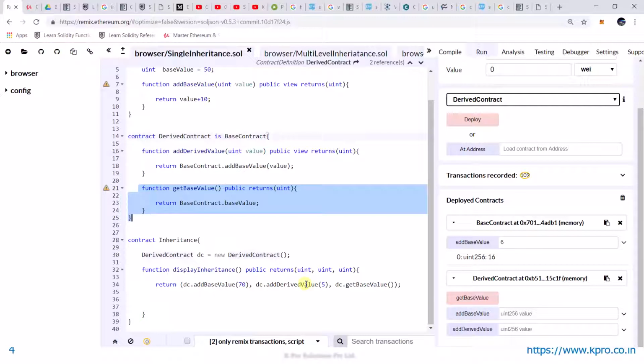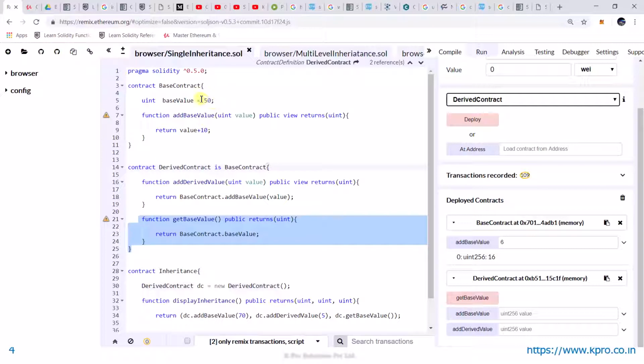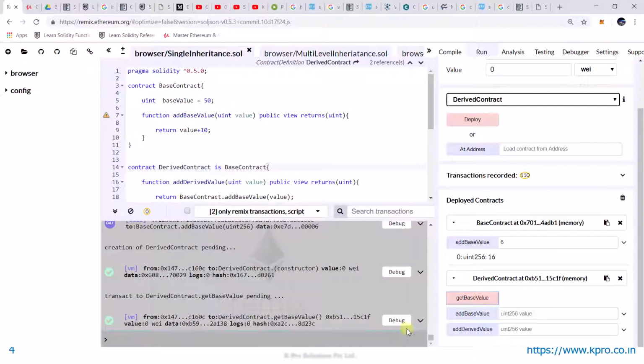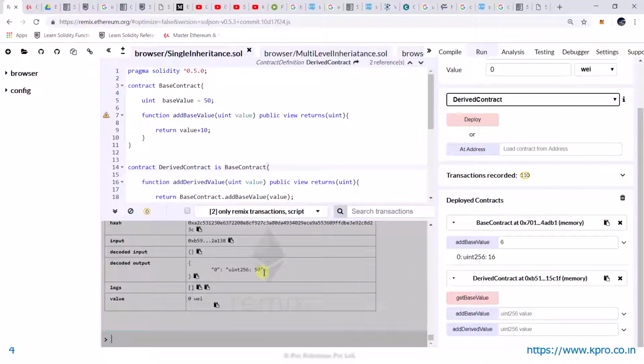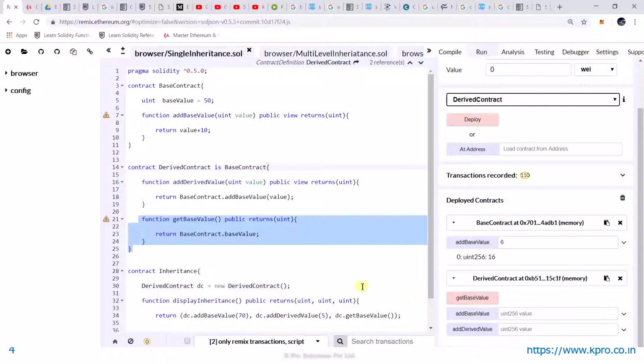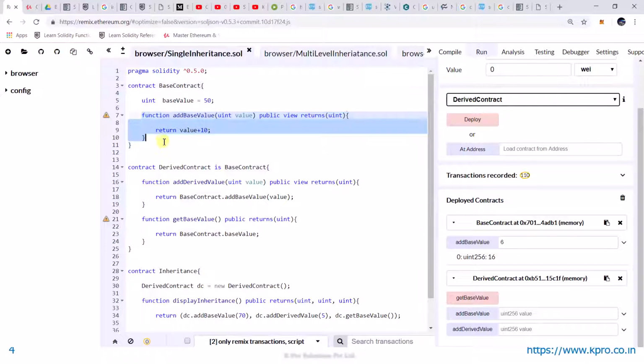Okay, get base value. So what should it return? It should simply return us this value 50. So I'll just go to the console. You can see it is returning 50. Next we have add base value, that is this function it is calling, and I'll just give 6. It should return me 16, and add base value is returning me 16. And we have